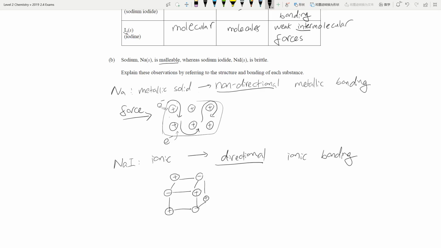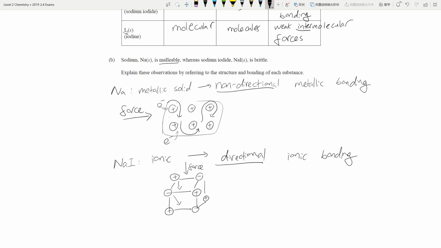The positive ion is surrounded by negative ions, and vice versa. So if the same thing happens, if a force is applied from this particular angle, it doesn't matter which angle. What it does is that if this was able to break that ionic bonding, you're forcing the positive ions to come into here, you're forcing these negative ions to come here, so you're pushing all